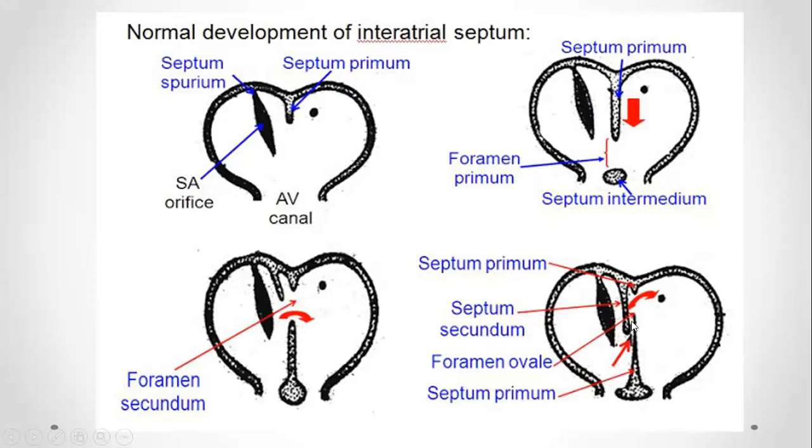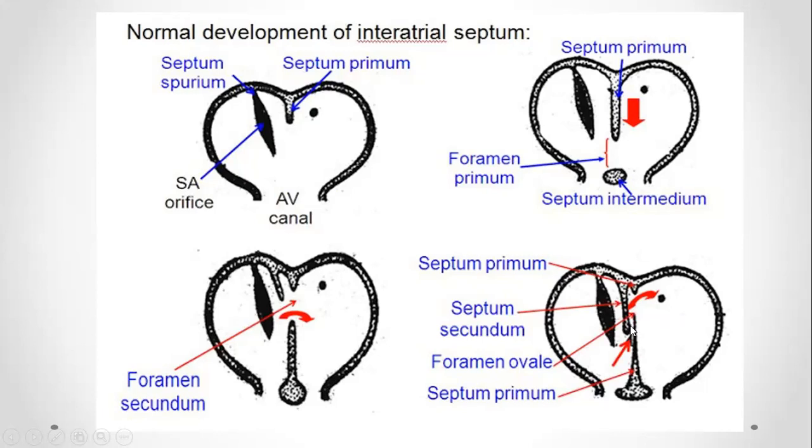This is called the foramen ovale, where the blood will be communicated from the right atrium to the left atrium. This will be present throughout the fetal life. But suddenly after birth, this foramen ovale will close, because of the increased pressure on the left side, as the lungs open and start pumping the blood into the left atrium. So the pressure increases and this will close.